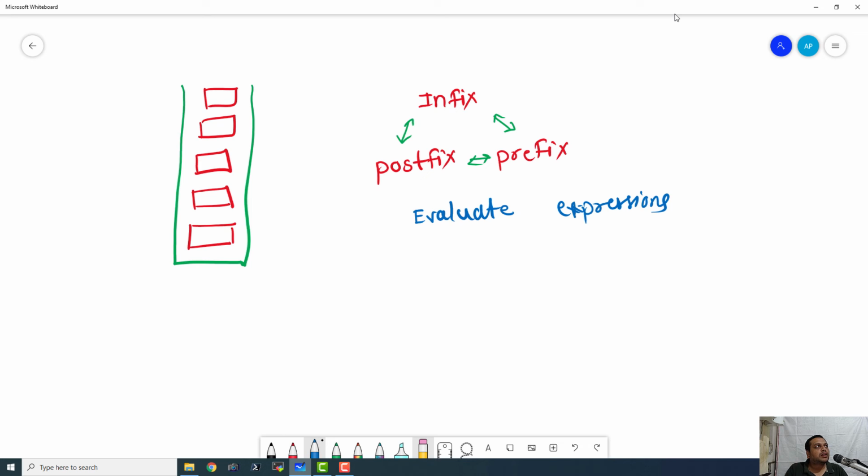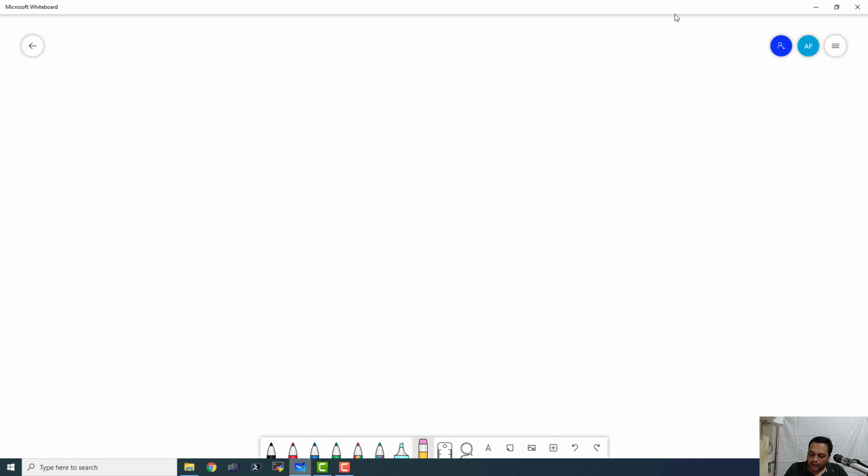In the coming episodes, we are going to have a detailed look at how to write programs with stacks for all these conversions and evaluation of expressions. That is why I'm not going to cover it in detail here, because it would take a lot of time for me to explain how to do that on this whiteboard. Rather than that, we will directly go ahead and write the program. But the next part I'm going to explain, because it is very easy to understand and explain using this digital paper and pen.